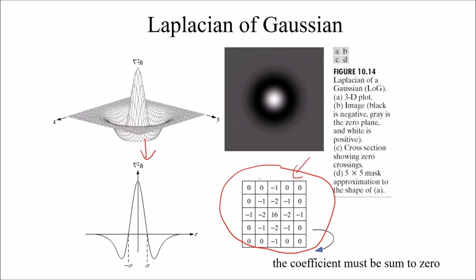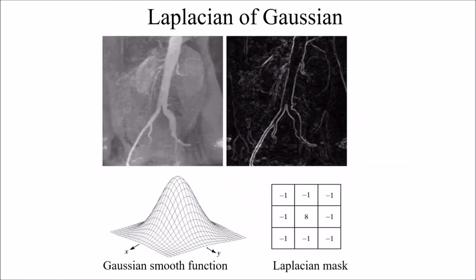For the Laplacian of Gaussian, the dimension will be a bit bigger. If you reduce the dimension of the Laplacian of Gaussian, you will have almost the same type of kernel as for the Laplacian. This is the example when you apply the combination of the Gaussian smoothing and the Laplacian